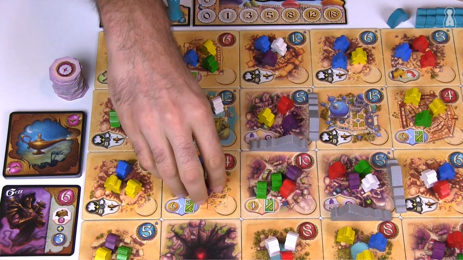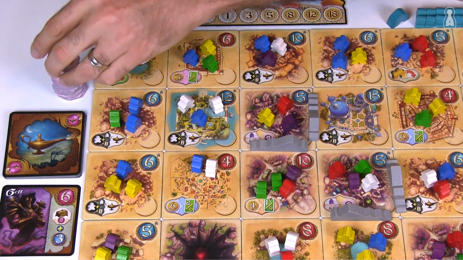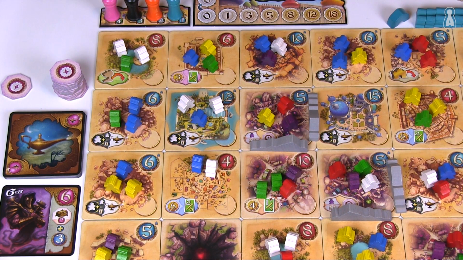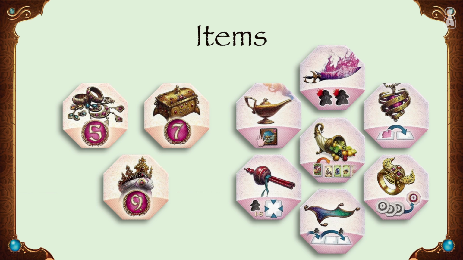When a player ends his move with an artisan, he'll pick up all the purple meeples on that tile as usual. Then he will draw as many item tokens as he has purple meeples in his hand. He'll be able to keep one of the items, the rest will be discarded. The items come in 2 categories: the precious items that will give 5, 7 or 9 points, and the magic